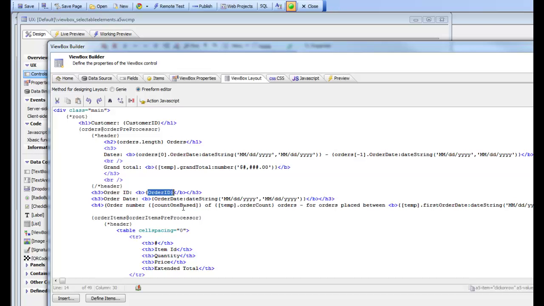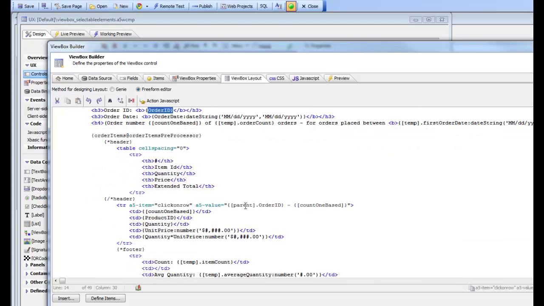So the order ID value is there, and we used square bracket parent dot order ID to get access to the value in the order ID field, which is just above the array we're currently iterating over. So we're currently iterating over the order items array, and then this curly bracket count one based is a special placeholder that gives us the one based count of the current row. So basically if I click on the second row in the iteration, this is going to be basically 2 over there. So this is how we basically pass the value to the click event when we click on the row,